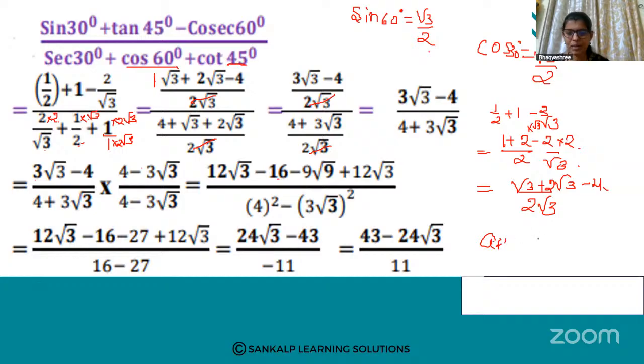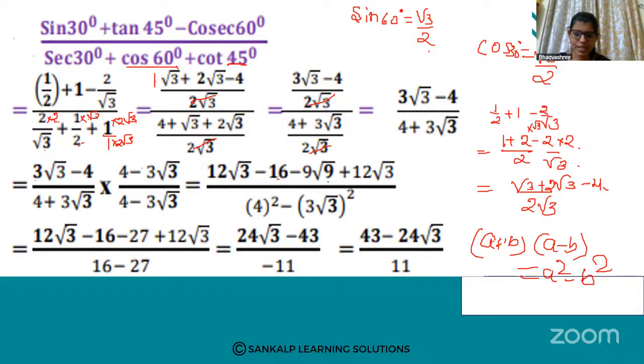A plus b into a minus b is a square minus b square, right? This is in the form a plus b into a minus b. A square is 4 square minus b square is 3 root 3 whole square. So 12 root 3 minus 16 minus